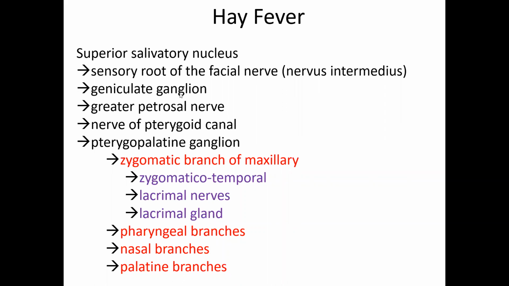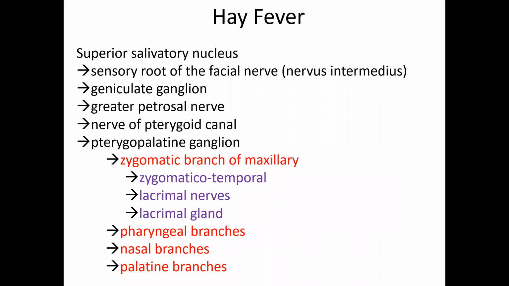Geniculate ganglion, this is the ganglion of the sensory part of the facial nerve. From the ganglion comes a parasympathetic fiber called the greater petrosal nerve. This is also called the greater superficial petrosal nerve because there is a lesser superficial petrosal nerve, which is a branch of the glossopharyngeal, and there is a deep petrosal nerve, which is from the sympathetic fibers around the internal carotid artery. The greater petrosal nerve joins with the deep petrosal nerve at the foramen lacerum.